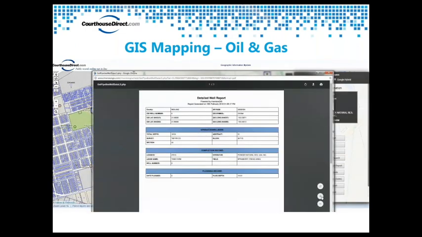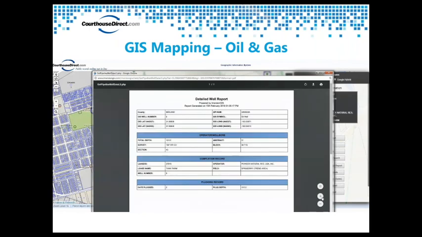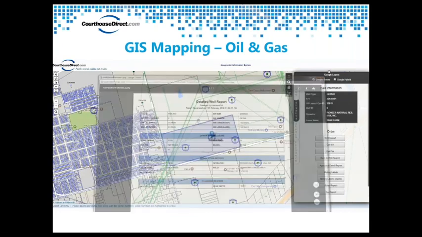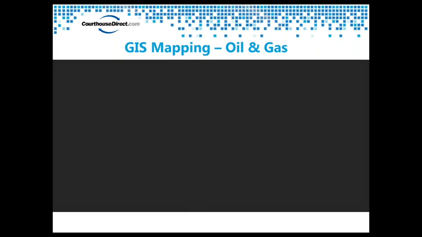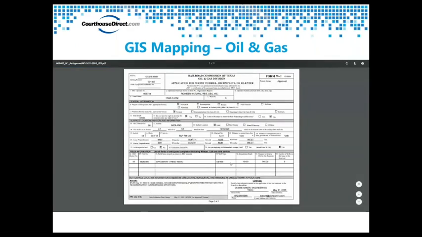And as we're looking at this, what we're seeing is that the depth of the well was 10,131. We see the abstract number 31, and we can see the section and block information there too. I'm sure as landmen, y'all are probably very familiar with these different reports here. So, this is your application for the drilling permit, which again gives a lot of good detail on the location